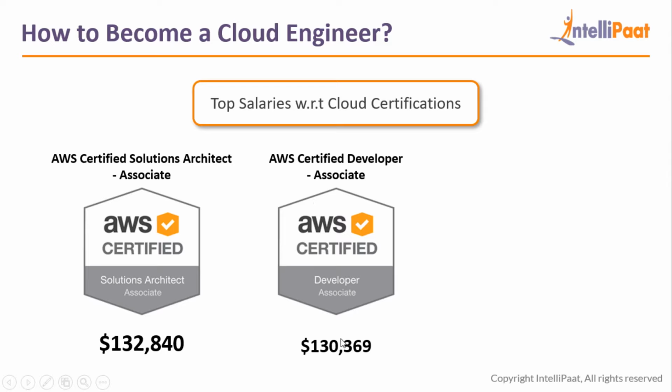So that will fetch you around $130,000. If you become an architect, the average would be around $132,000 in the US. In India, like I said, it will be around 70 to 80,000 rupees per month. And even a developer, his salary can range between 60,000 and around 1.7 lakhs per annum if you're just doing development, right? If you're not managing anything, this is the amount that you can get in hand if you get